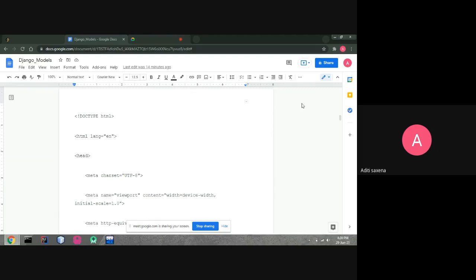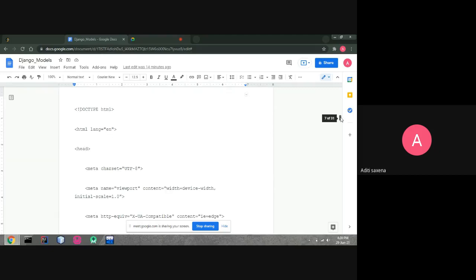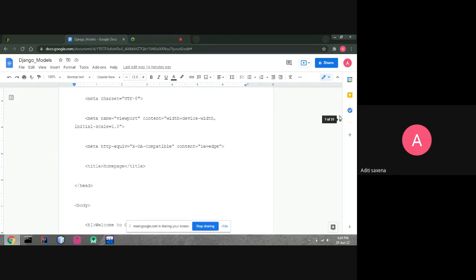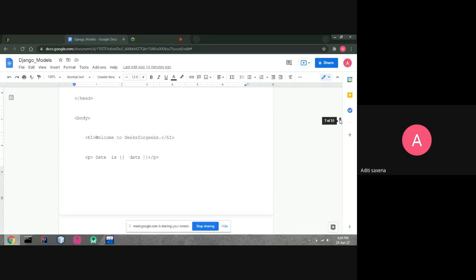Then head and body. Inside head we have used meta tags and a title. Here we could also use CSS or any links that we want.